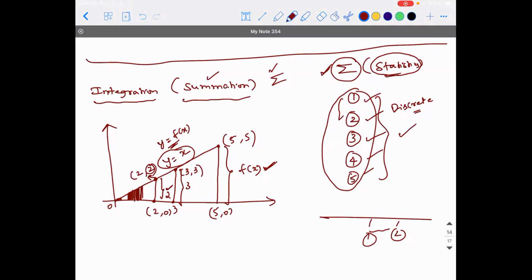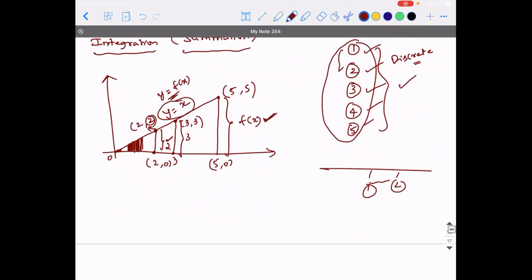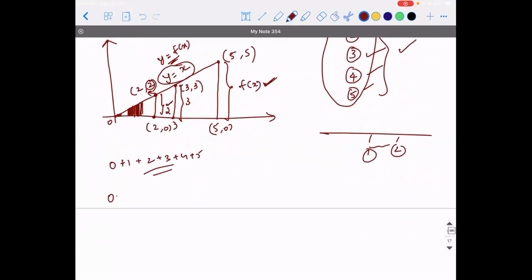Obviously, no, right? There are going to be infinite. It's an infinite set, right? Since you don't have discrete data in your hand, you cannot add 0 plus 1 plus 2 plus 3 plus 4 plus 5. Because you need to add 0 to what value? 0 to 0.0000000001, let's say 10 zeros and a 1. It can be 100 zeros and a 1. Even the smallest of values will also exist, which we cannot predict.